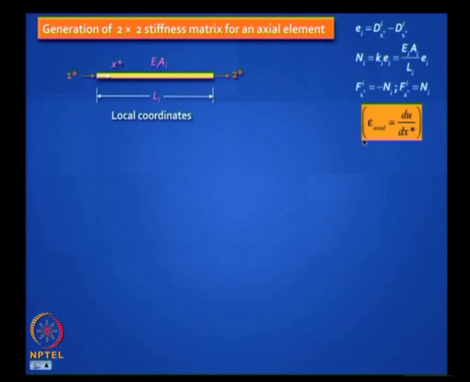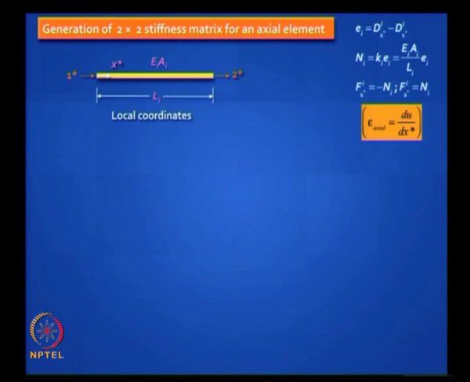Okay, the clue is given in what I have shown here. I said the u is related to strain, right? The axial strain at any location is du by dx star, right? And if the axial force is constant at all values of the length, then you bring in Hooke's law, because force is directly related to stress, stress is directly related to strain. So the internal force, the axial force, is directly proportional to the axial displacement. That is the relationship. Is it clear?